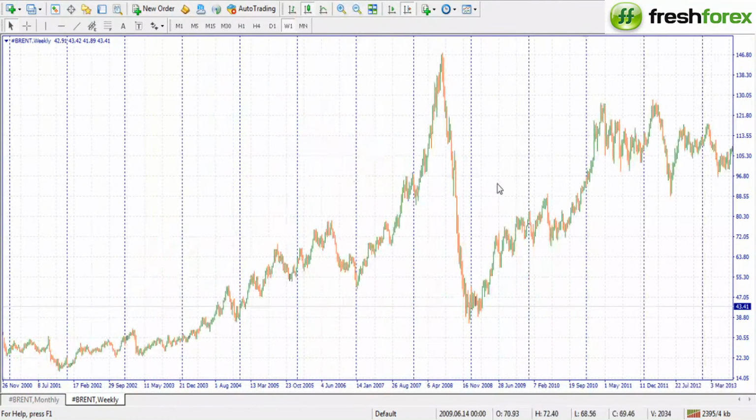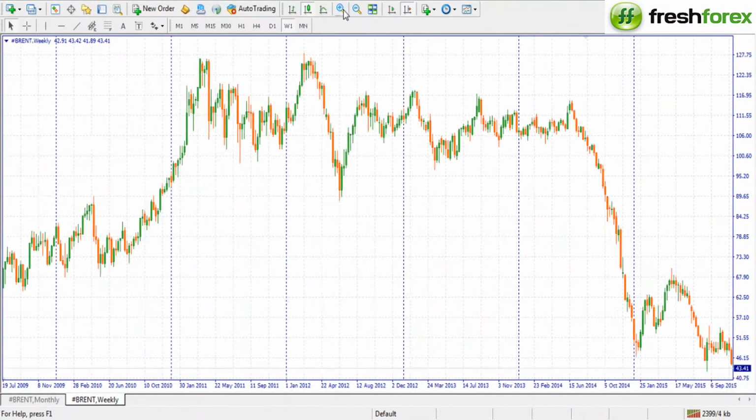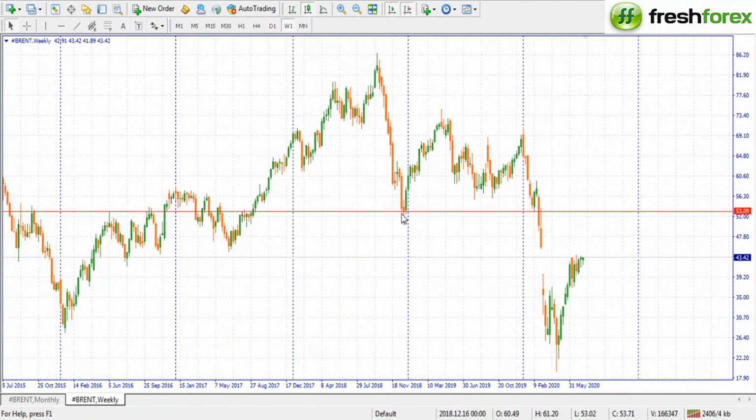And the weekly chart, almost the same thing. So on the weekly chart, this is the level we are looking at. We want price to come back up to that point. So the same zone which you had on the monthly is the same zone which you're now seeing being active